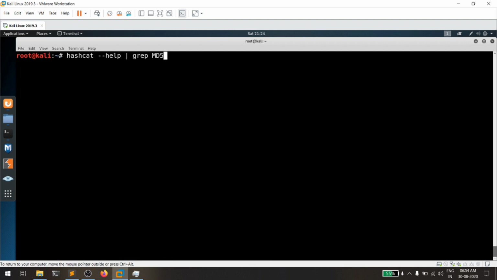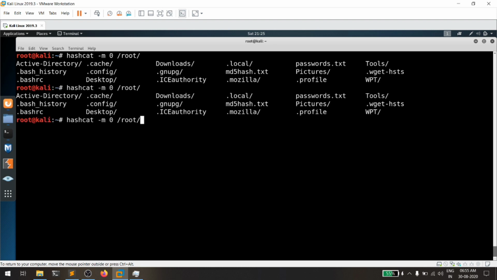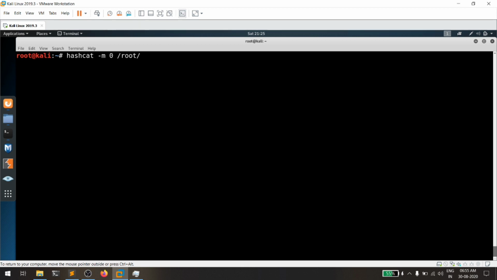So let me hit Ctrl L. hashcat -m 0, and we need to specify this hash file, MD5 hash.txt, and in my root directory I'm also having something like passwords.txt, and that's fine.